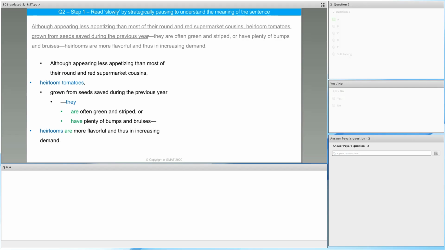Although appearing less appetizing than most of their red and round supermarket cousins, heirloom tomatoes. So I know that I'm dealing with tomatoes, and these tomatoes appear less appetizing than their supermarket cousins. So we're talking about 2 different types of tomatoes. And as I keep reading, I find out that heirloom tomatoes grown from seeds saved during the previous year. So I know